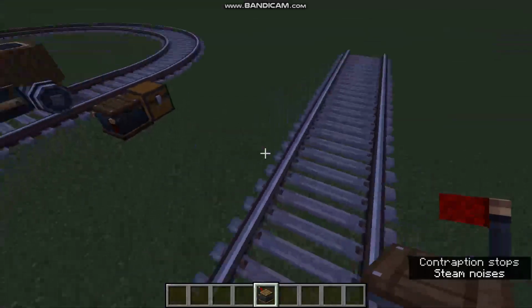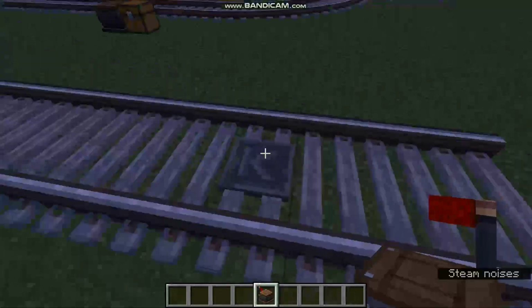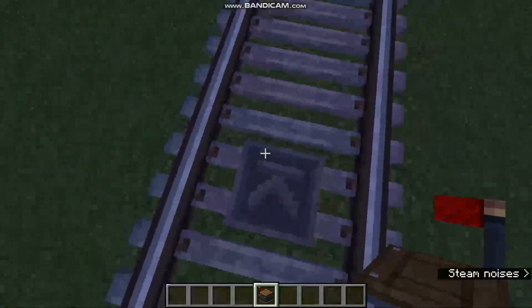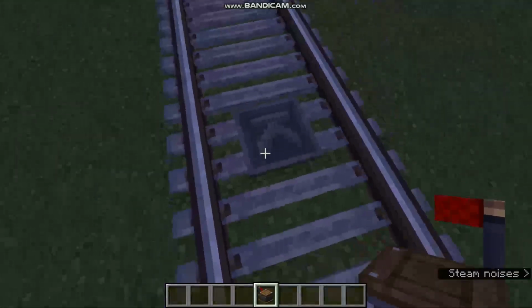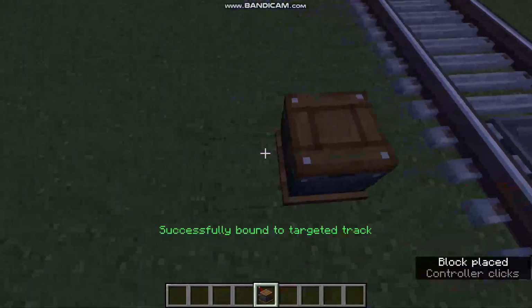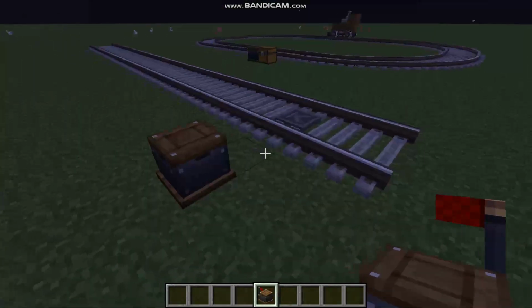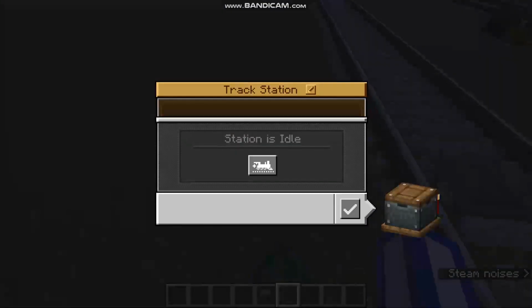It's called a train station. And you see this thing that appears on the tracks? This will allocate where the train station will be. So let's go ahead and construct a train station right about here. So you have to right click on the track first. And then you go next to it. And if you see the words down there, "successfully bound targeted track," that means you have made the train station